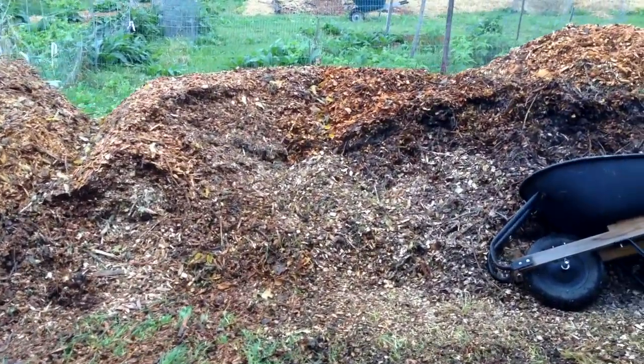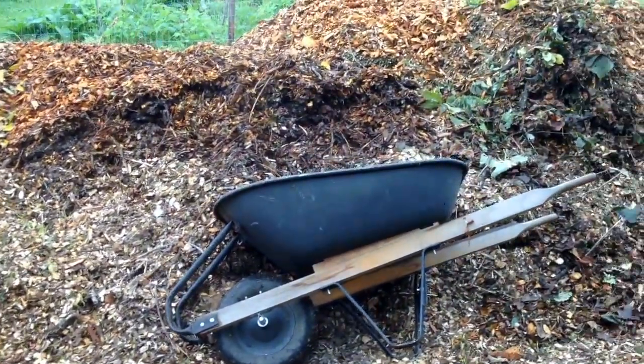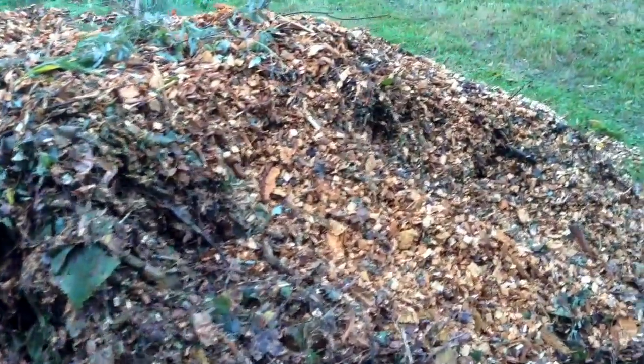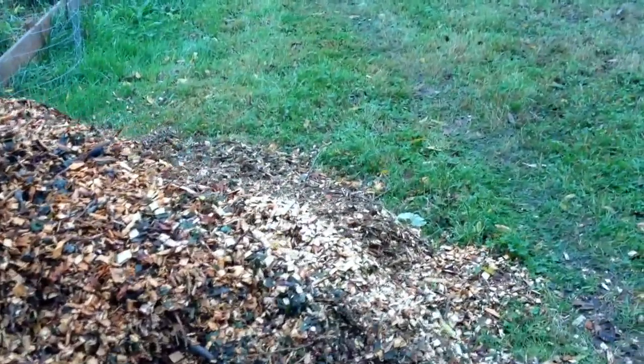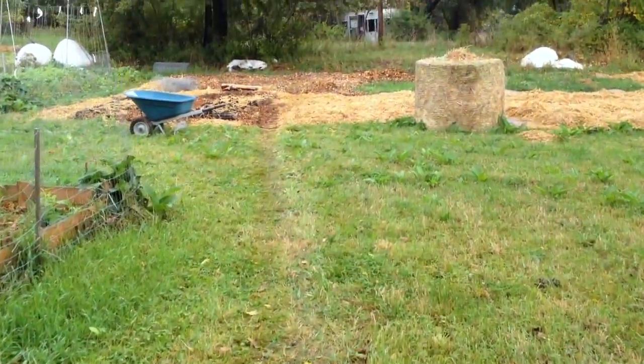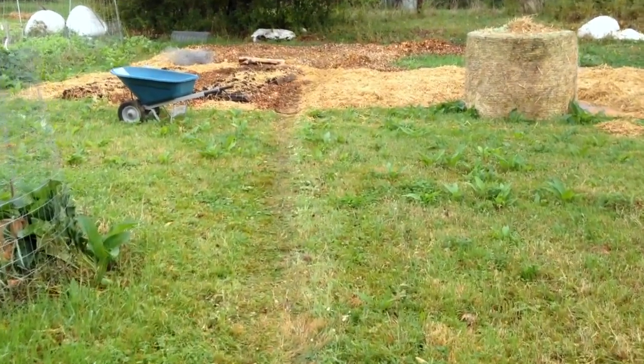This is within the last week. He's dumped what would have taken me 10 hours with my truck to accumulate. And so I'm hiking it down. This is a comfortable drop spot for him. You can see the rut where I've been going. And developing this new area, which will be